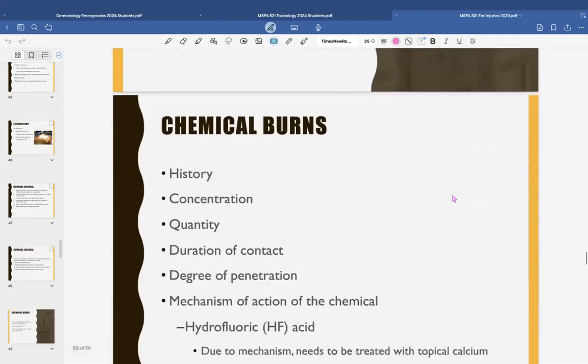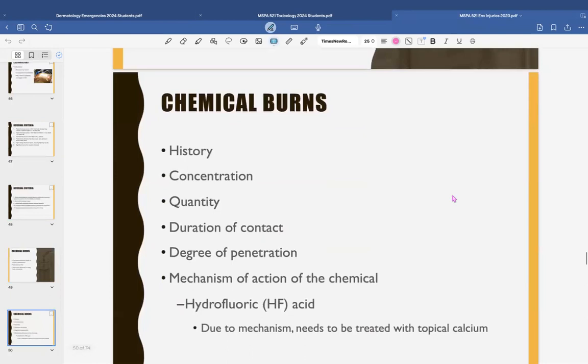To find out what happened, let's start. How concentrated was the chemical that landed on them? How much? How long was it on there? Shower right away. How deep did it go? And what sort of chemical is it? What's the mechanism of action? Oxidative, reductive, corrosive,